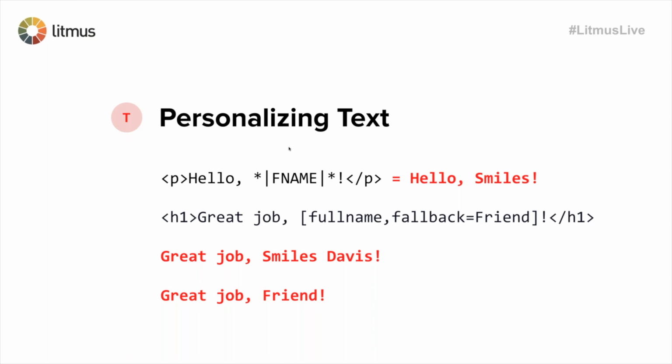So the second example is from Campaign Monitor, their merge tags and their dynamic scripting tags. You can see that they have full name and then they have a fallback that you can declare. So I think this is a really important thing where you want to test out a lot of different scenarios for that personalized data to make sure it still makes sense. So, "great job, friend" doesn't